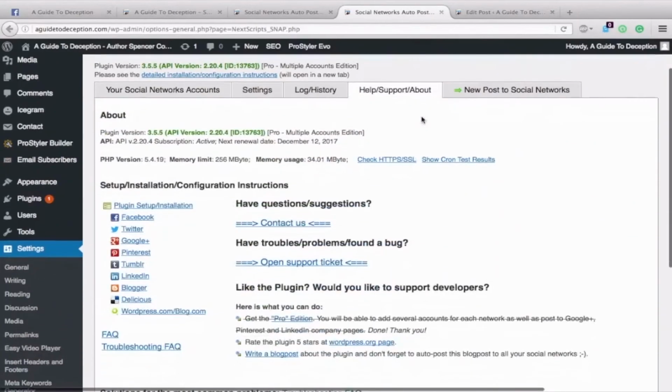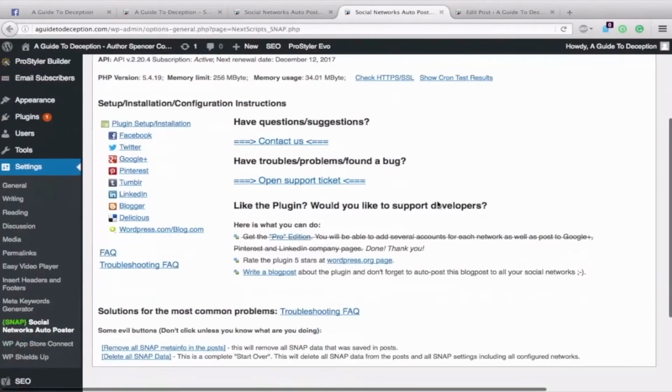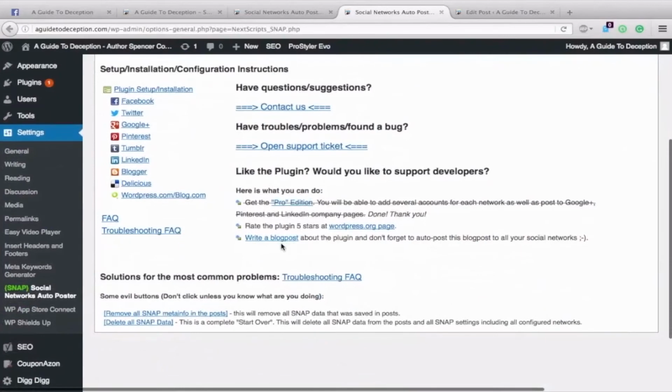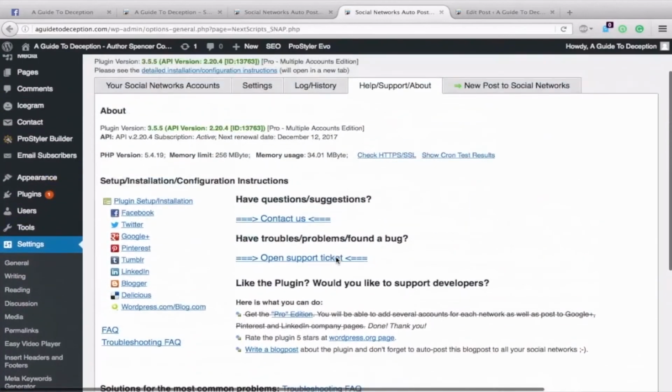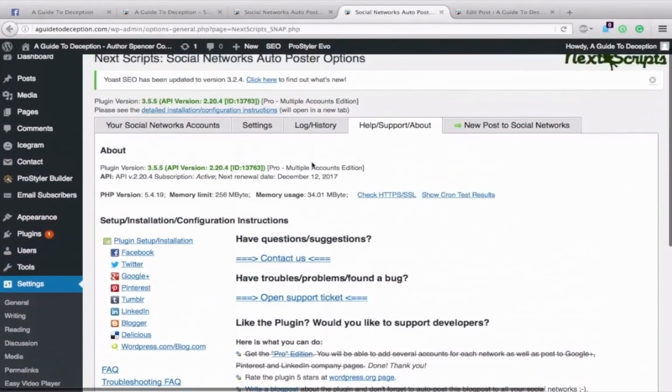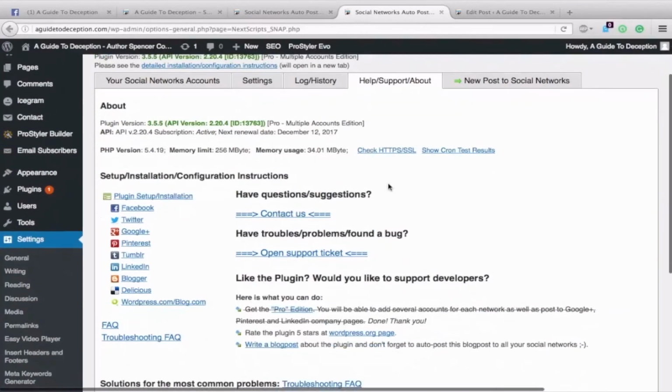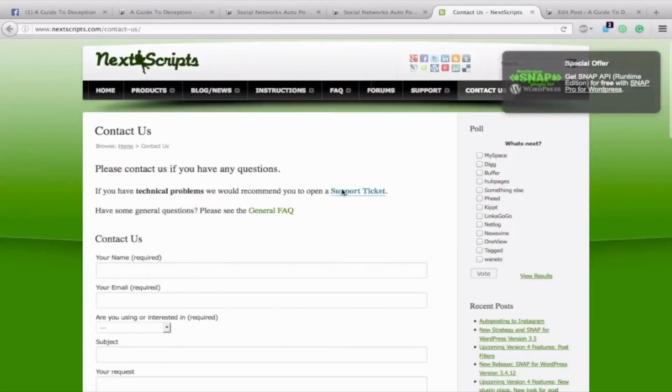One last thing is when you go into help and support and you open a support ticket, there is no way to check on your existing support tickets unless you have your ticket number. They don't have any way to monitor accounts or anything like that. You can hit contact us. I'll just show you very briefly before we end this unfortunate little session. So you can open a support ticket,